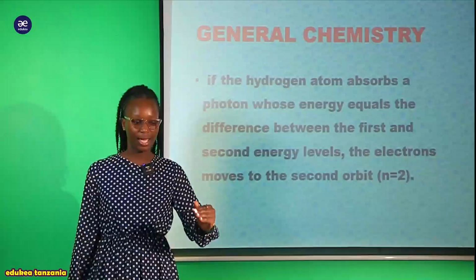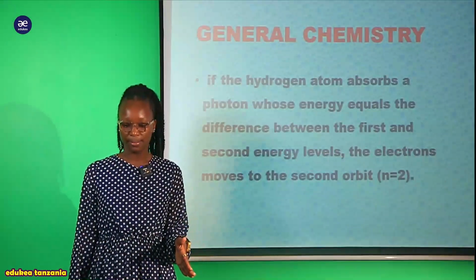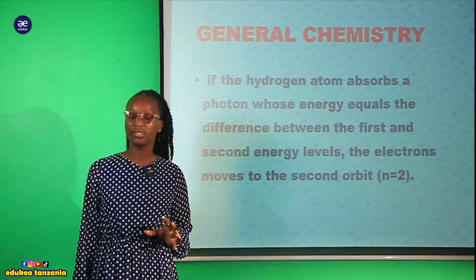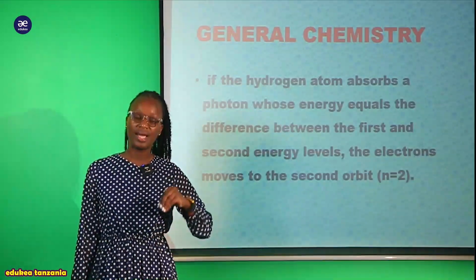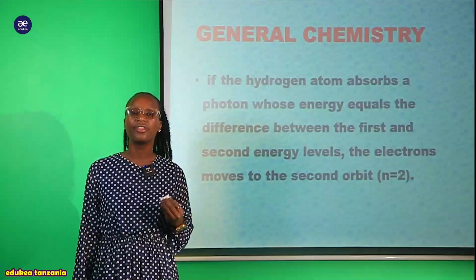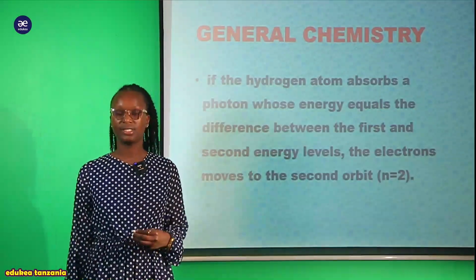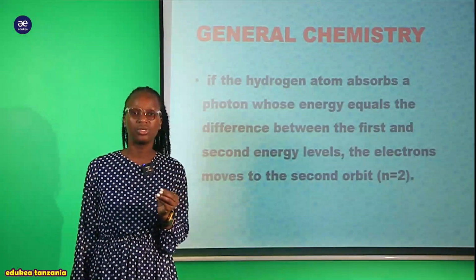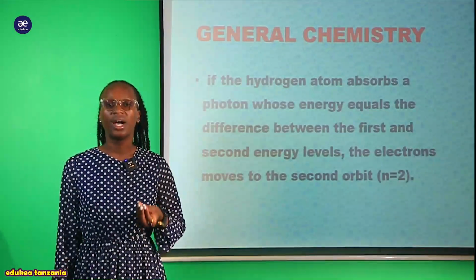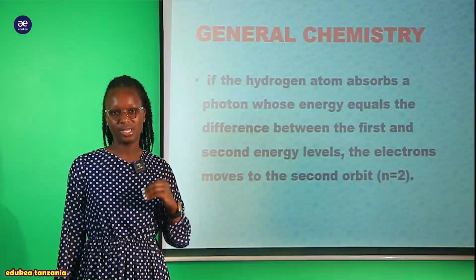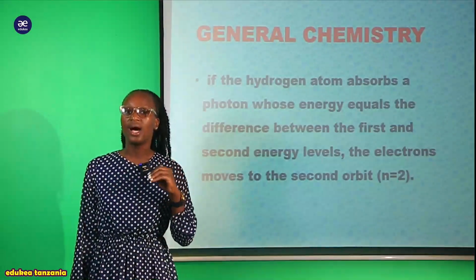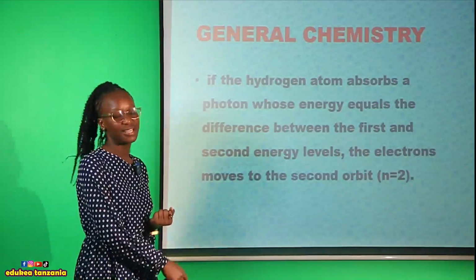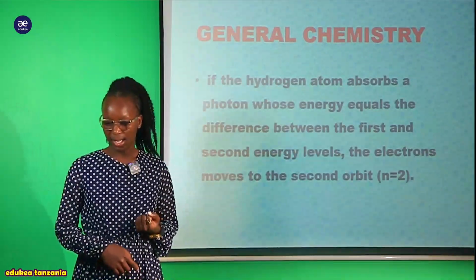Kwa hiyo instead of the n sasa na 1 au ile quantum kuwa 1, therefore now our quantum theory ambayo ni n itakuwa sasa na ngapi? 2. Kwa sababu there is absorption of the energy and therefore the electron tend to move from the ground state ambayo ilikuwa kwenye stationary pale au kwenye ile orbit ambayo iko closest to the nuclear, then ina move kwenda kwenye the highest level au energy level nyingine, ambapo sasa now the quantum theory ambayo n itabadilika, itaenda kuwa ni ngapi? N sasa na 2. So that is